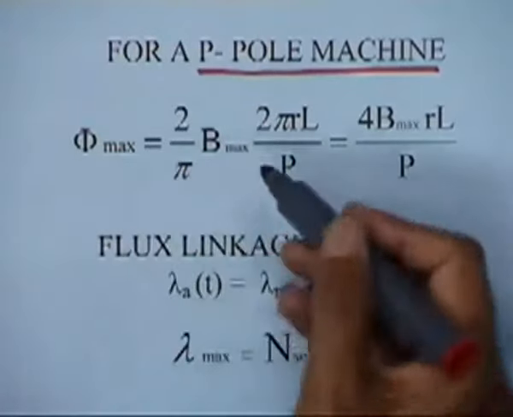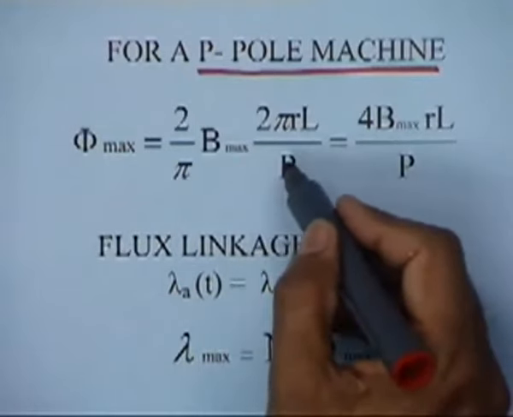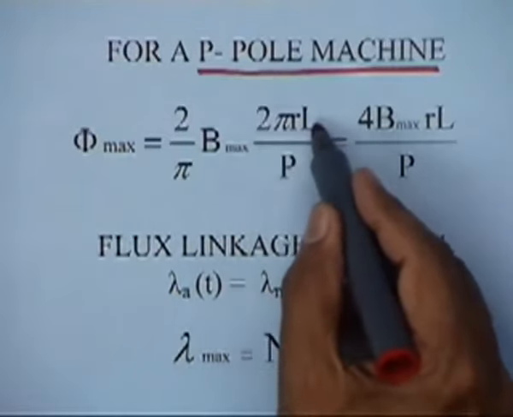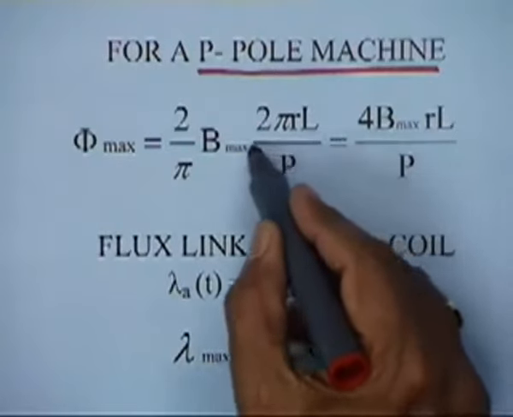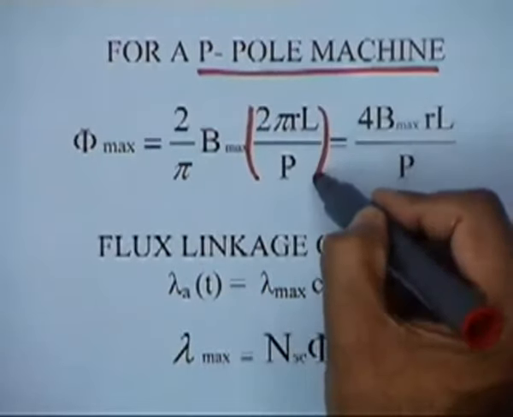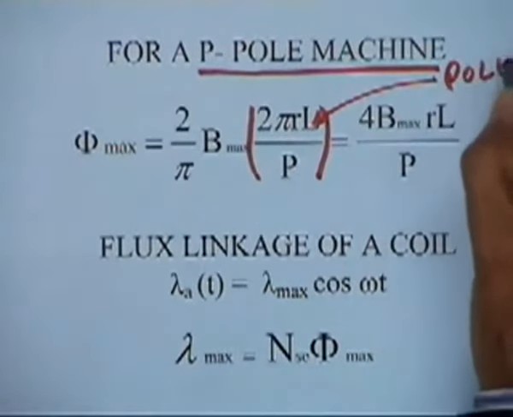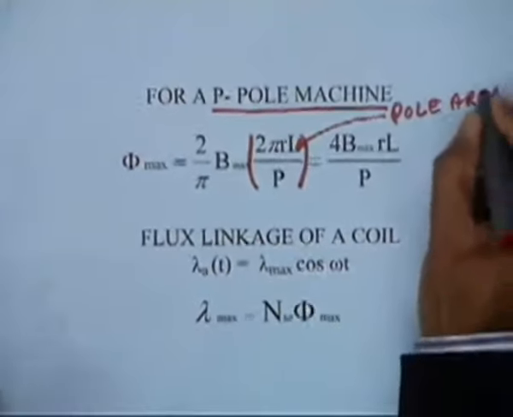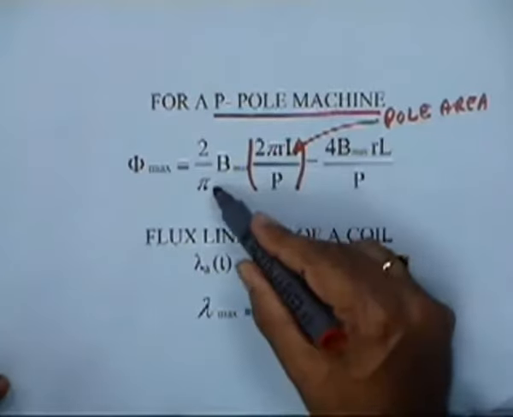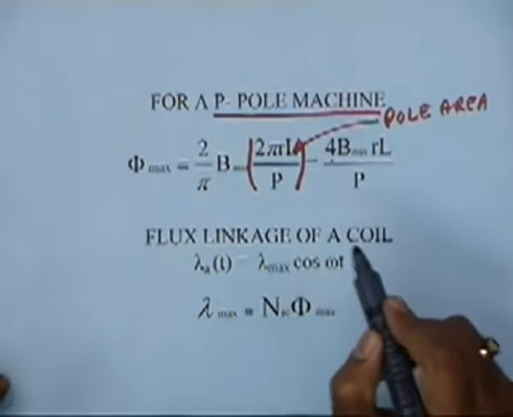phi max, or the flux per pole, would be 2 by pi into B max, the average flux density, into pole area. Pole area in this case is twice pi RL, that is the total circumference into the length, divided by the number of poles. So this will be the pole area. And 2 by pi B max, so this simplifies to this expression because pi gets cancelled. So we have 4 B max RL by P. That is the expression. Now,